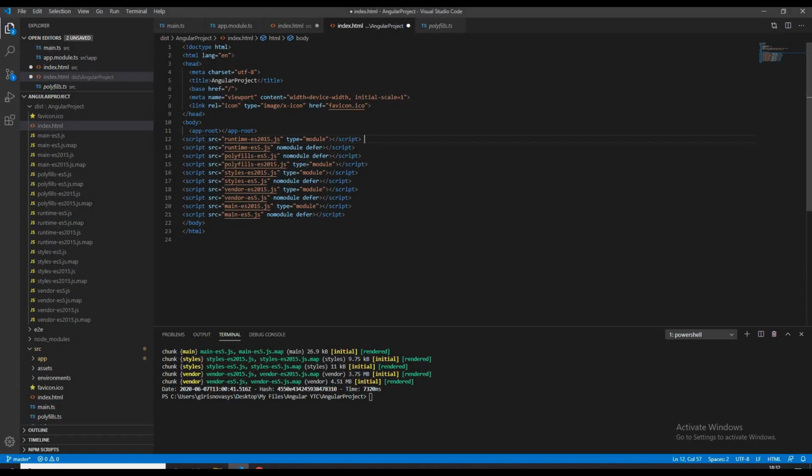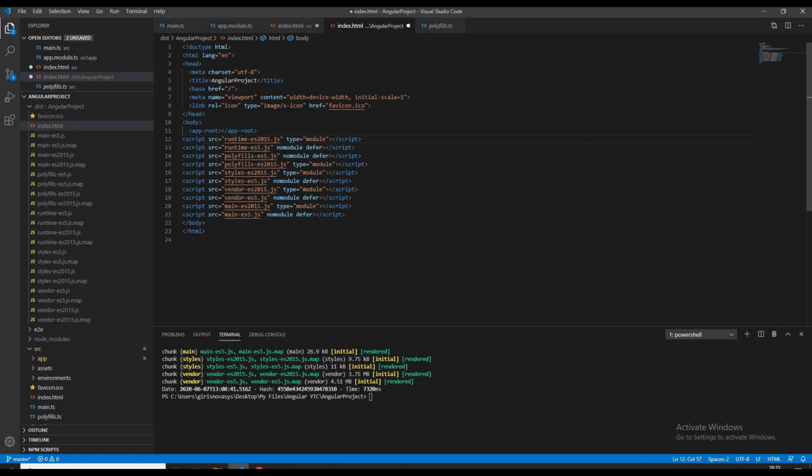Here in the script tag, we have a nomodule attribute. If we observe, the attribute is only on ES5 scripts. It means that it tells the modern browser to ignore this script and not load it, because modern browsers support ES6. Hence, finally, ES5 scripts are not loaded in the modern browsers and the remaining scripts, which are ES 2015, are loaded.